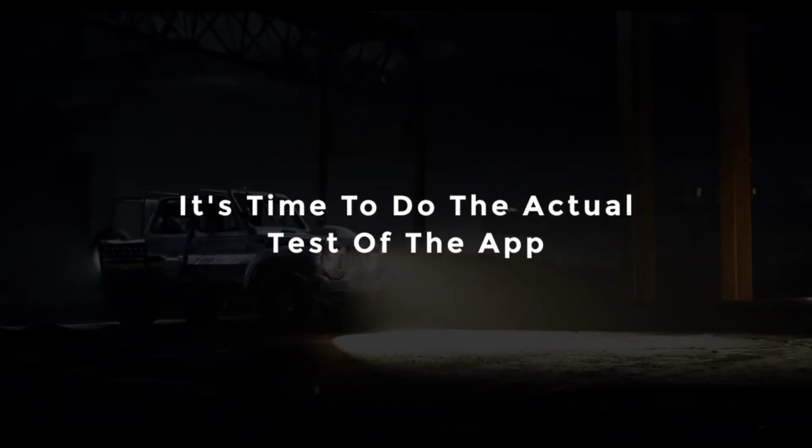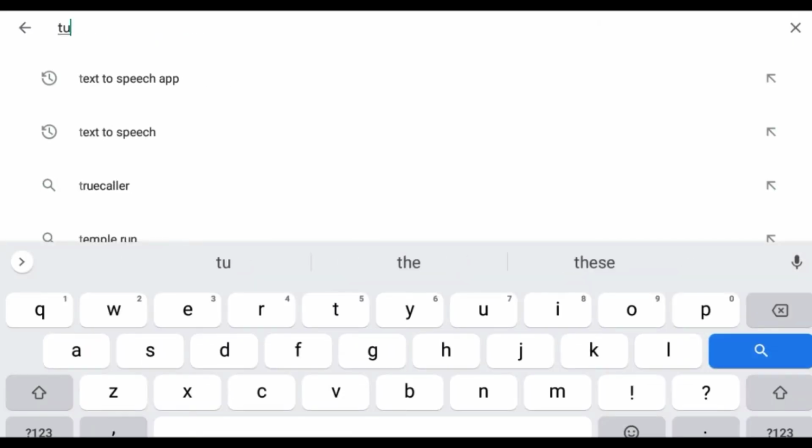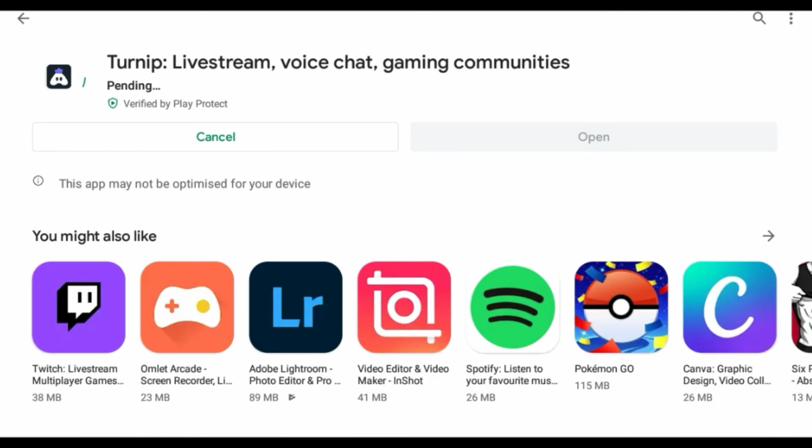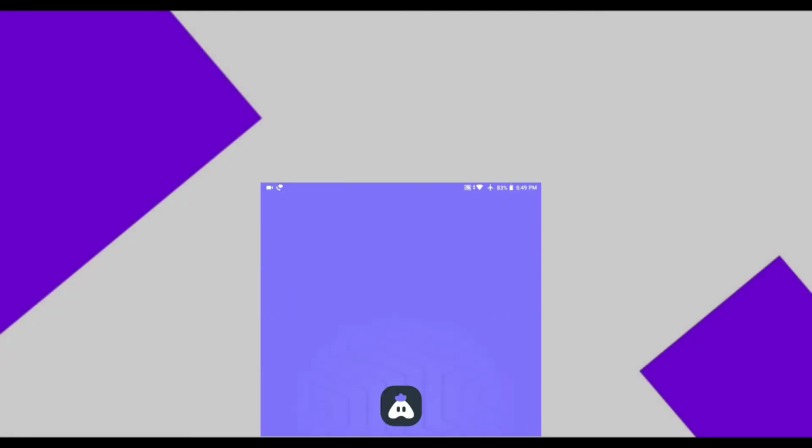So, it's time to do the actual test of the app. Let's begin. Open the App Store. Simply search for the app Turnip and click on the Install button. Open the app and click on